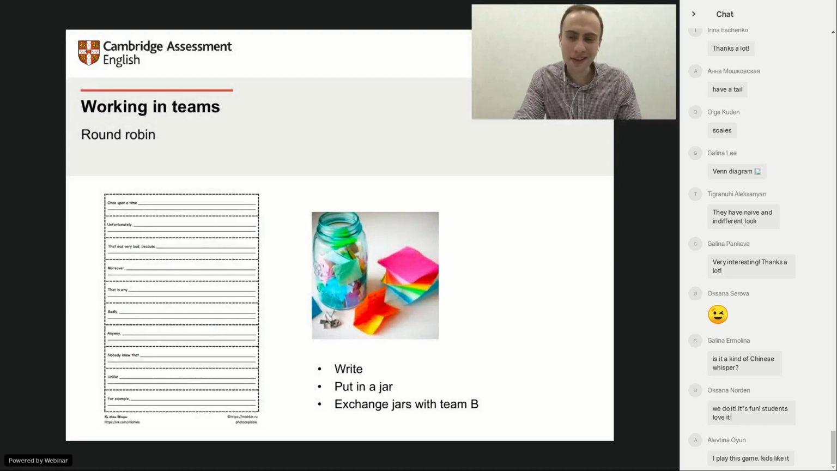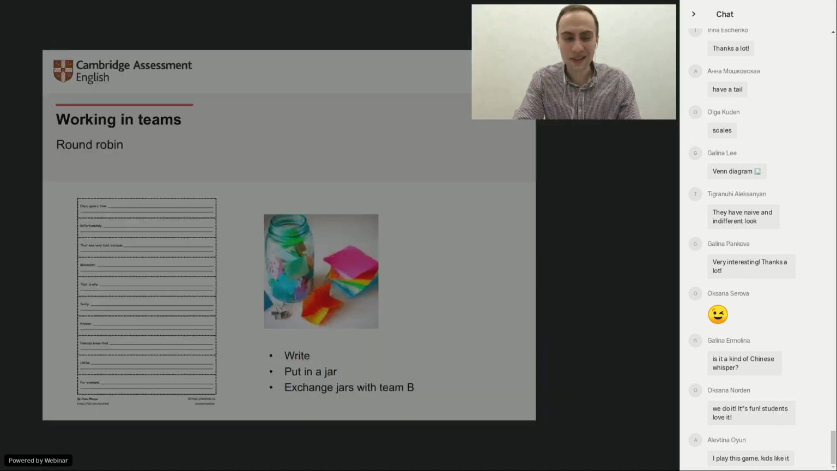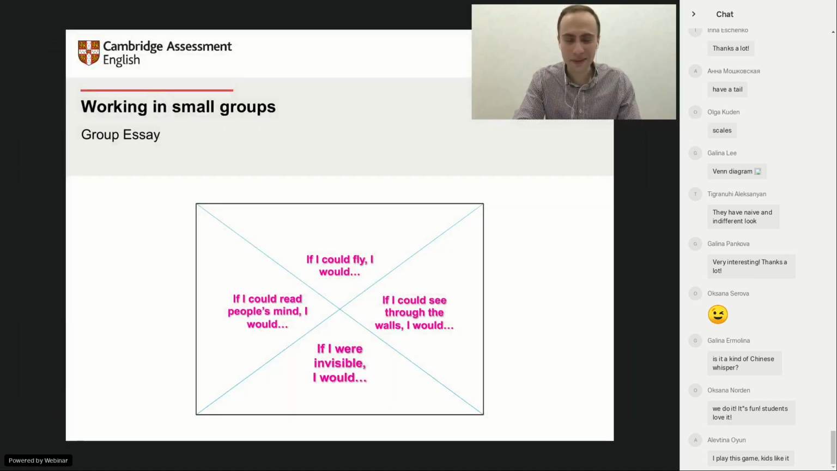No, it's not Chinese whispers, but it's actually a great activity too. Yes. Well, there are lots and lots of group activities like that. We can make it different every time. For example, we can